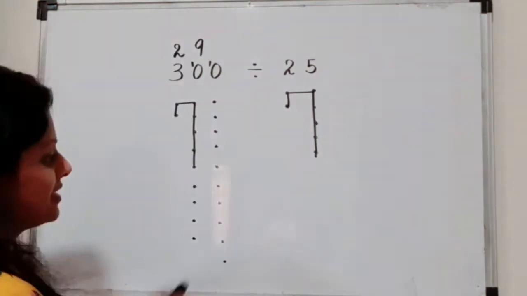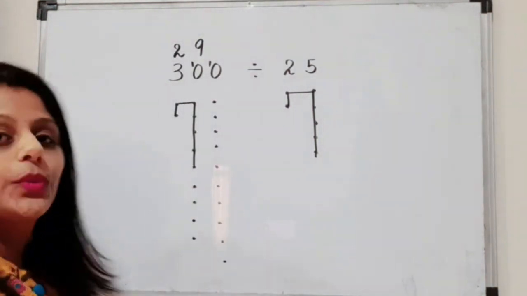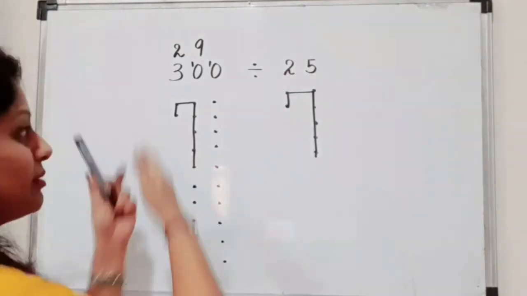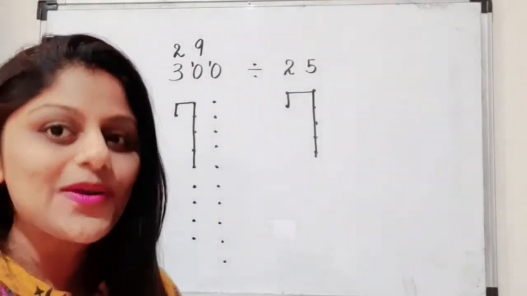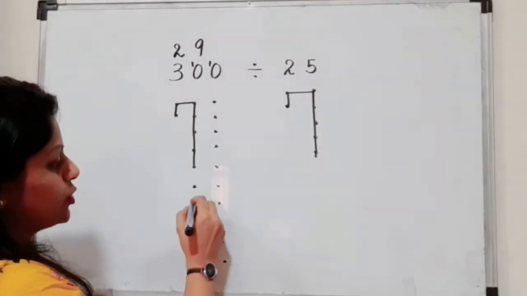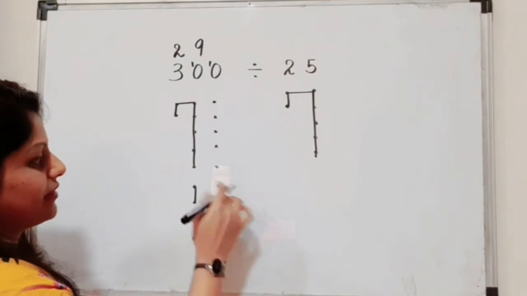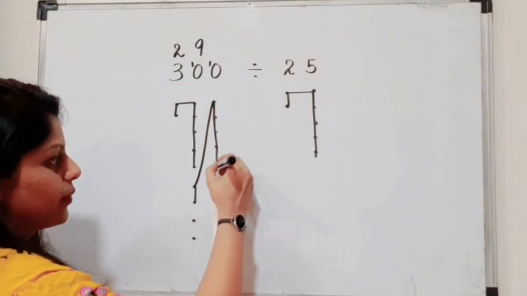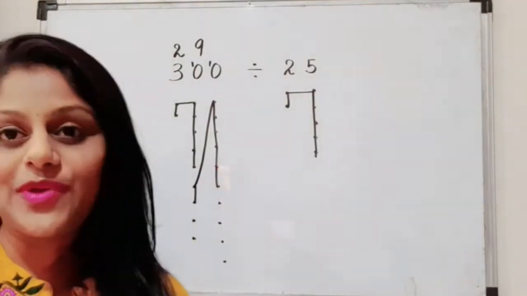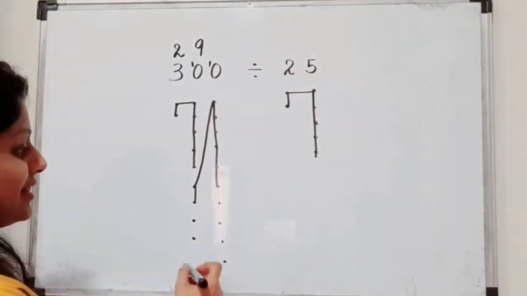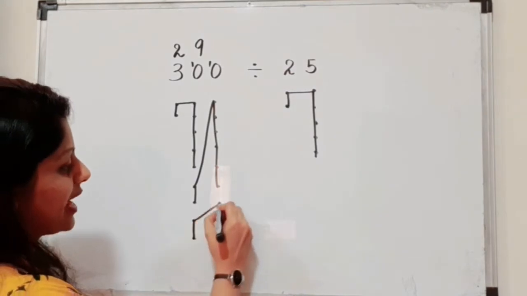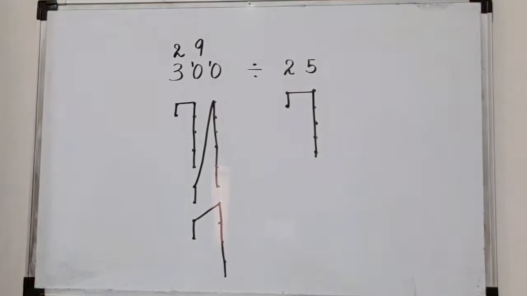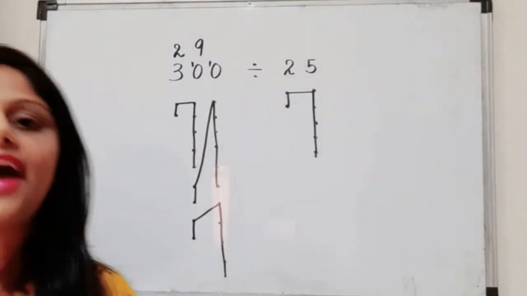For the second set, in this column do we have any dots? No, we don't have any dots. Therefore, we will move on to the second column. In the second column, yes, we have 2 dots, so 2 dots over here and 5 dots in this. So 1, 2, 3, 4 and 5. Hope you all understood it. Now again you can see we have 2 over here and we have 5 dots to be joined. Therefore, we have completed it and we have got our answer.